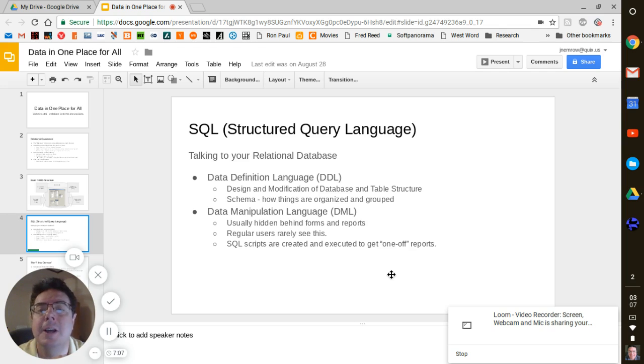The data manipulation language is used by the everyday people who do things. Now, more and more often, most people who use databases wouldn't know the data manipulation language at all,